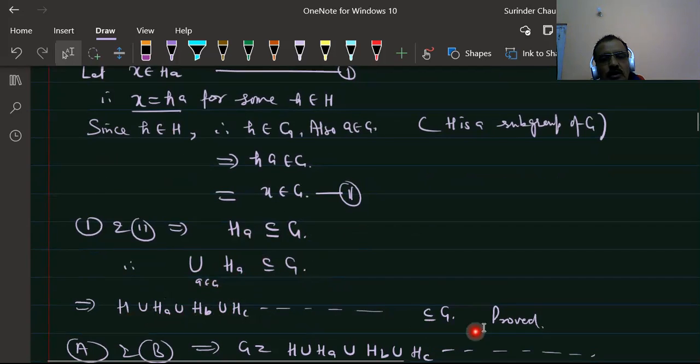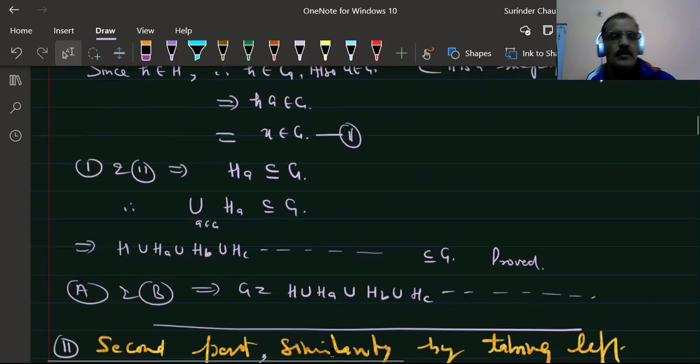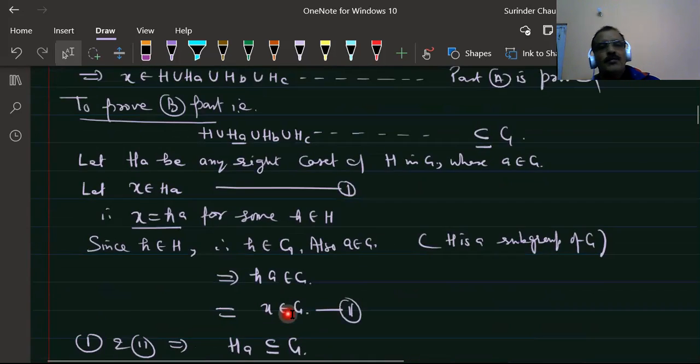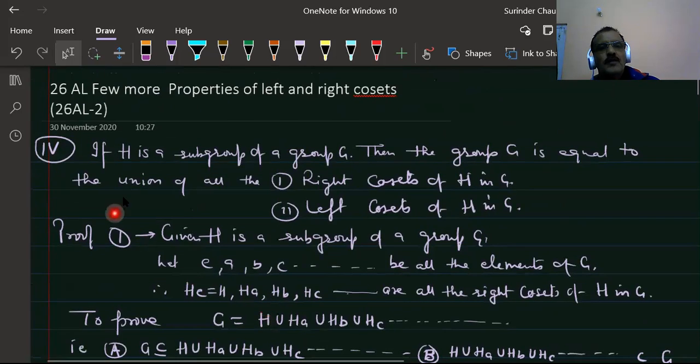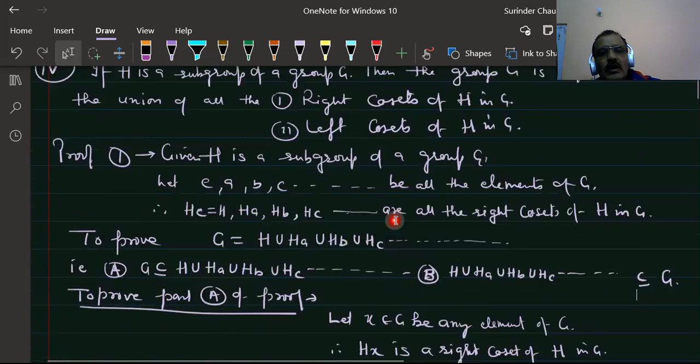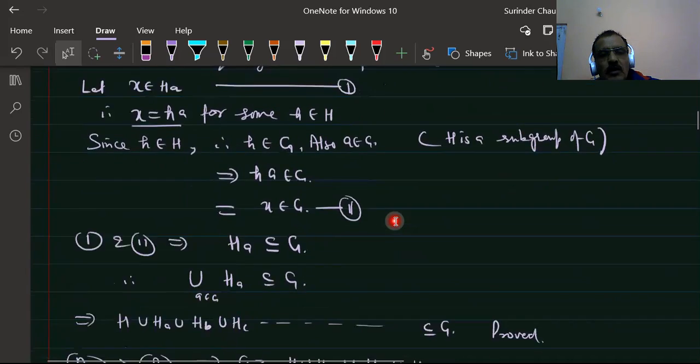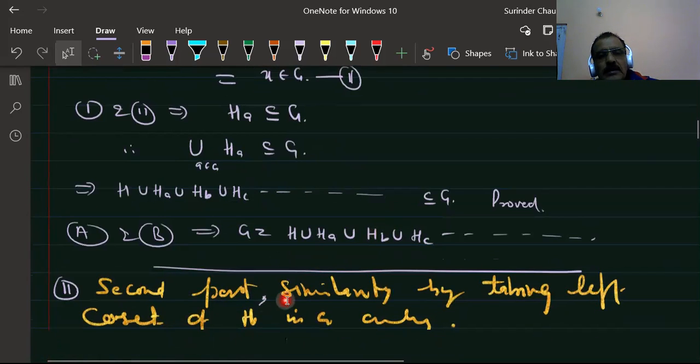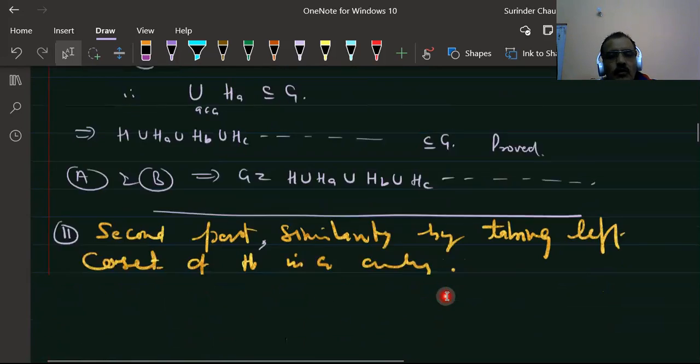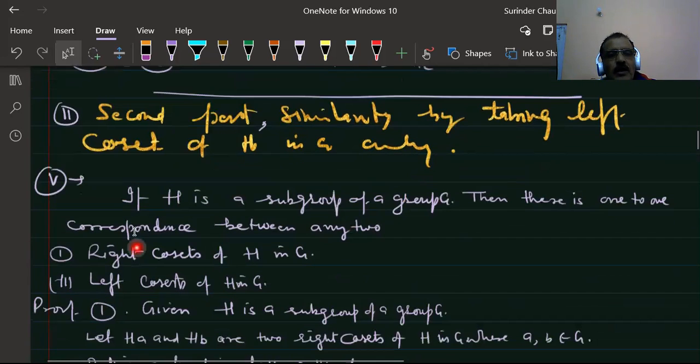Complete is a subset of G. What we have proved here in this theorem is this property: if H is a subgroup of G, then G is the union of all the right cosets of H in G. Similarly, you can prove that G is a union of left cosets of H in G. Now, the next property is if H is a subgroup of G, then there exists a one-one correspondence